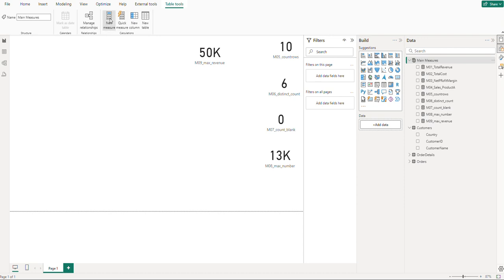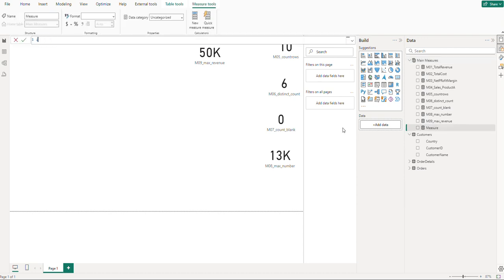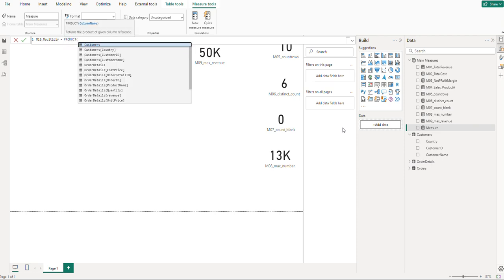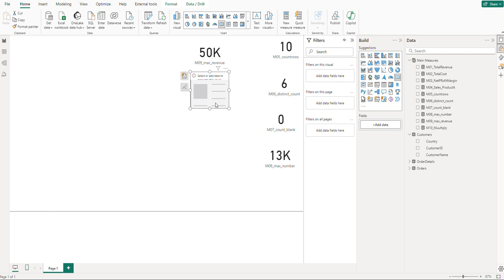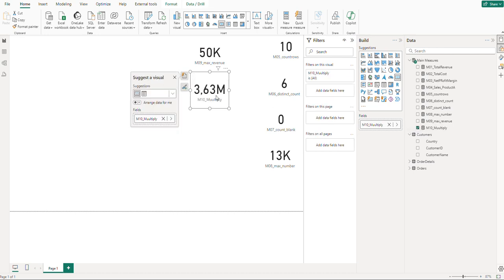Let's do it here, new measure, M10. Let's call it multiply. The function is called PRODUCT, and I'll say I have a customer ID, and this works only for integer data types or numerical data types. So I have here now my measure. Let's assign a card for this, and yeah, so it is 3.6 million, which is